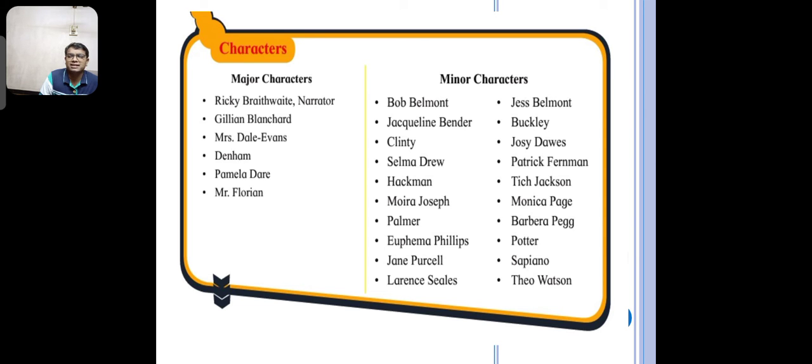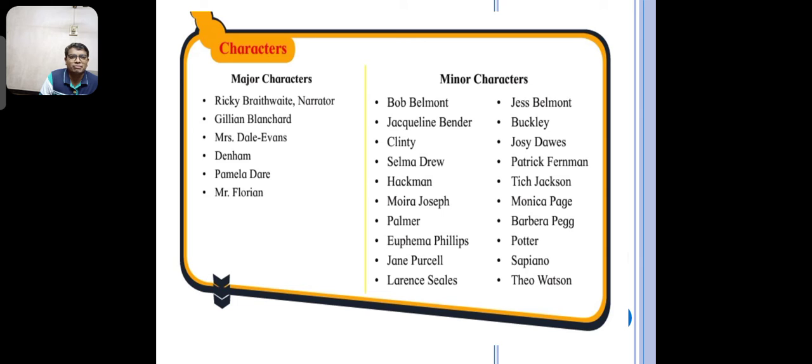Second one, Glenier Blackheart. Then Mrs. Dole Evers, Deheman, Pamela Dare, Mrs. Floret. So these are the major characters, and there are various minor characters like Bob Lehmet, Jacqueline Bundar, Clint, Selma